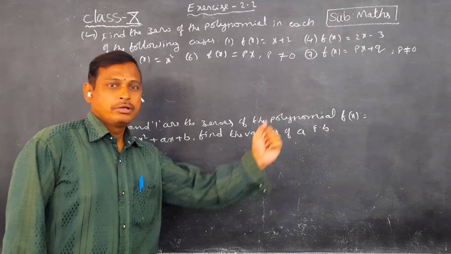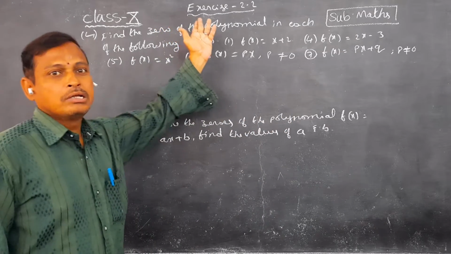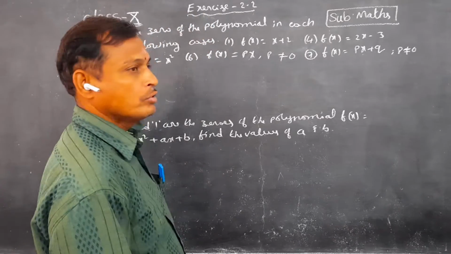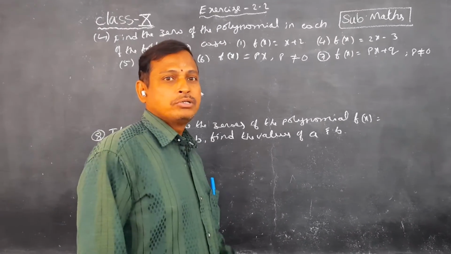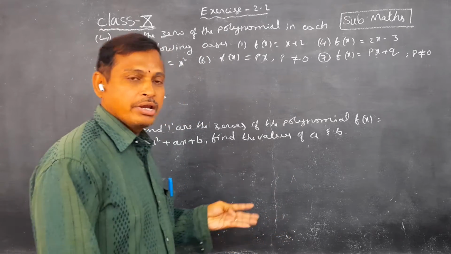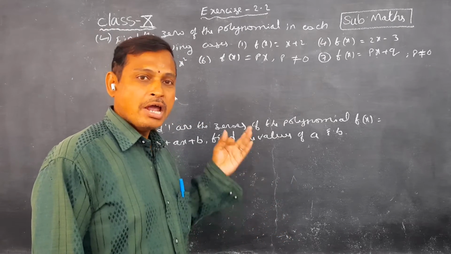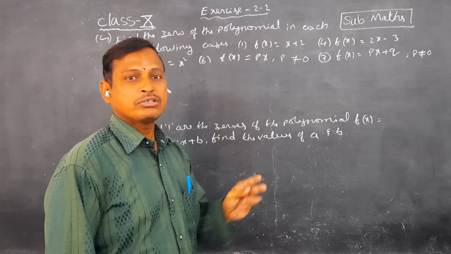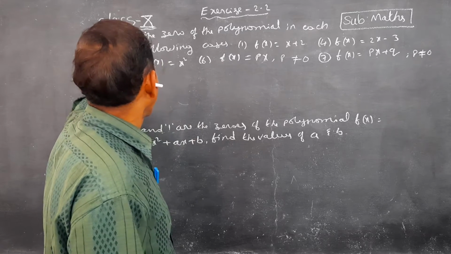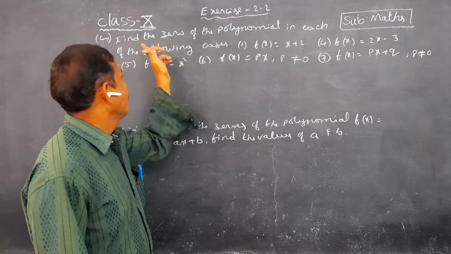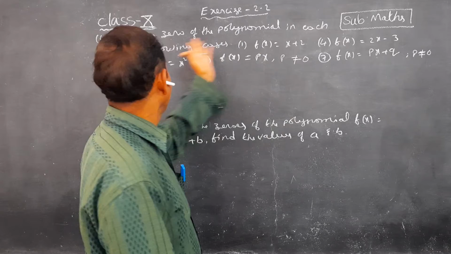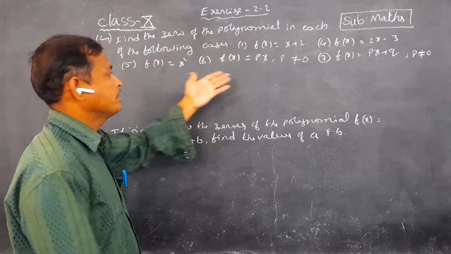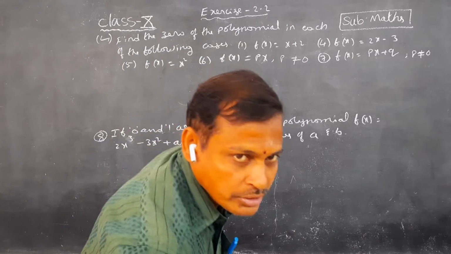Dear children, today we continue class 9, exercise 2.2, fourth sum and sixth sum. The fourth sum is very important, giving 1 mark and 2 mark questions, and this sum also goes on to 10th class. Question: find the zero of the polynomial in each of the following. Now, examples: sums 1, 4, 5, 6, 7, different types of examples, children.